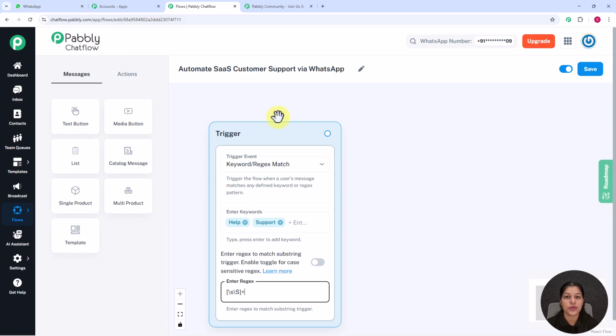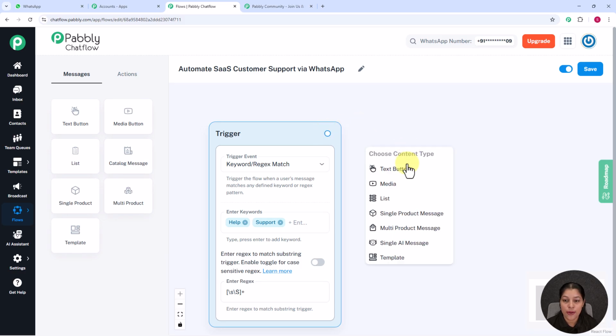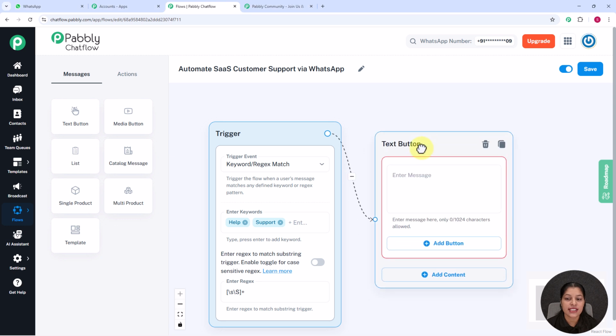Now I am going to show you how you can send a message to your customers. For that you simply have to drag and drop, and here you can see we are getting many options such as text plus button, media, list, single product message, multi-product message, single AI message, and template. So here I am going to select this text button message,